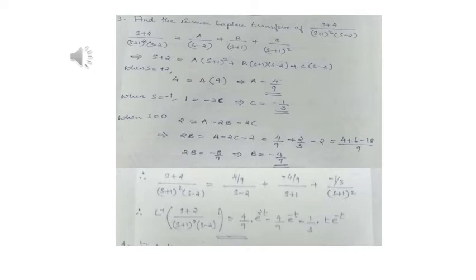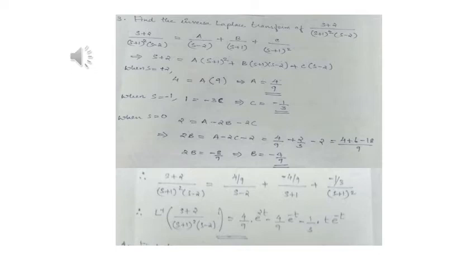Now in order to find out the value for b, there is no other option. Then if we want to find it, put s is equal to 0. Then we will get the answer as 2 is equal to a minus 2b minus 2c. That is, when s is equal to 0, first one a into 1 square, that is a, then s minus 2, that is s is 0, so it is minus 2 into 1, so it is minus 2b. Similarly minus 2c, that is 2 is equal to a minus 2b minus 2c. So we will get the value of b as minus 4 by 9.